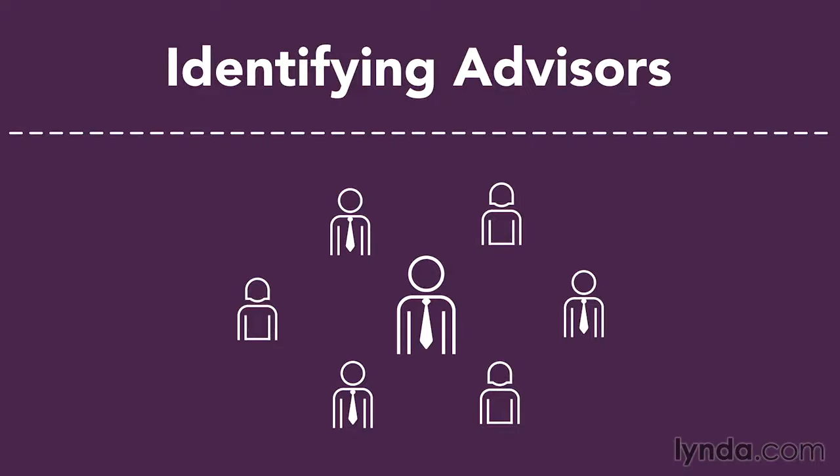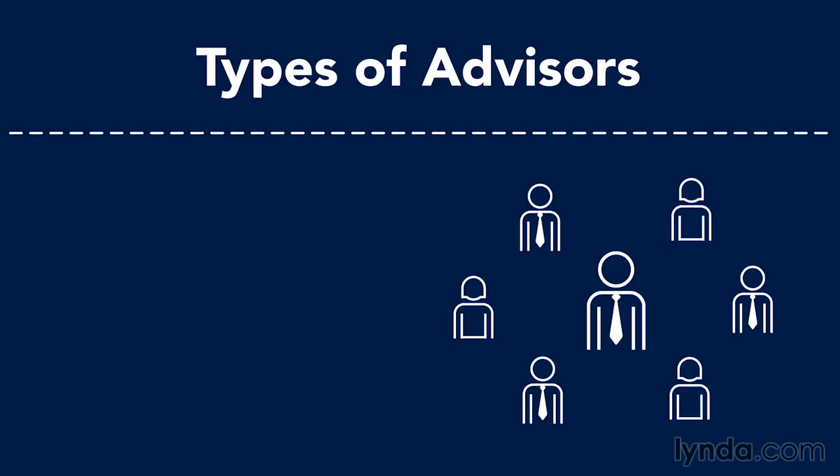This is the role of advisors for your business, and you should spell out who those advisors are within your business plan. There are several types of advisors you can pursue. There's an advisory board. An advisory board typically gets brought together during the earlier stages of your business. They can help you get customers, investors, they can help you build out your team, and they may play an ongoing role as your organization grows.